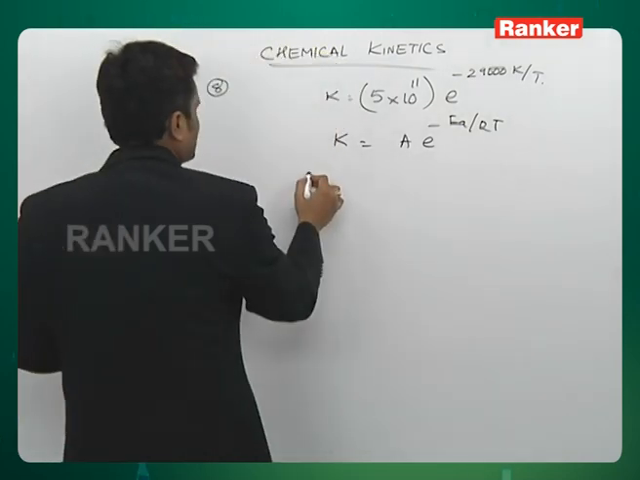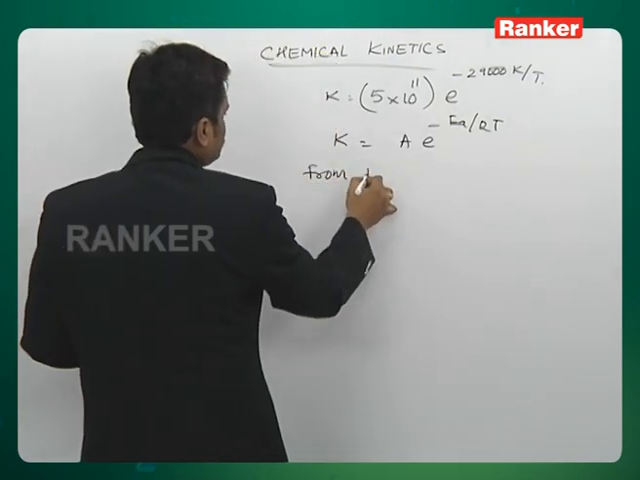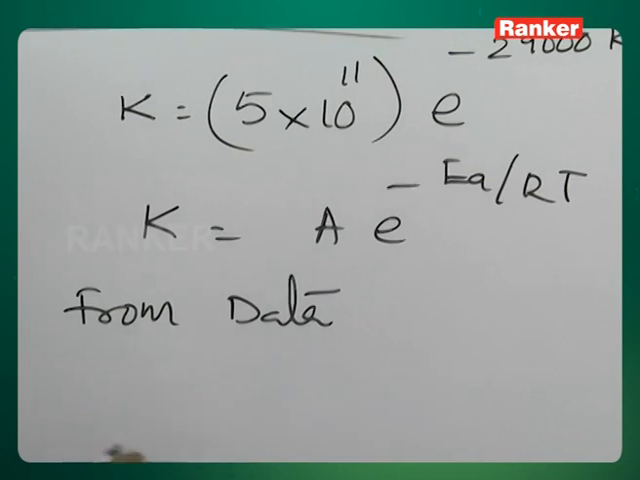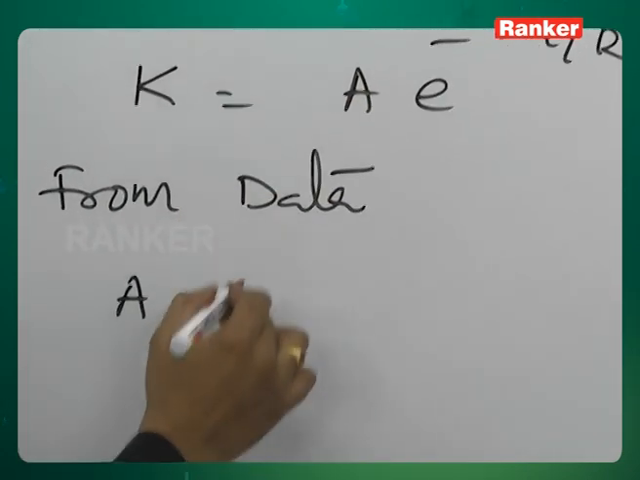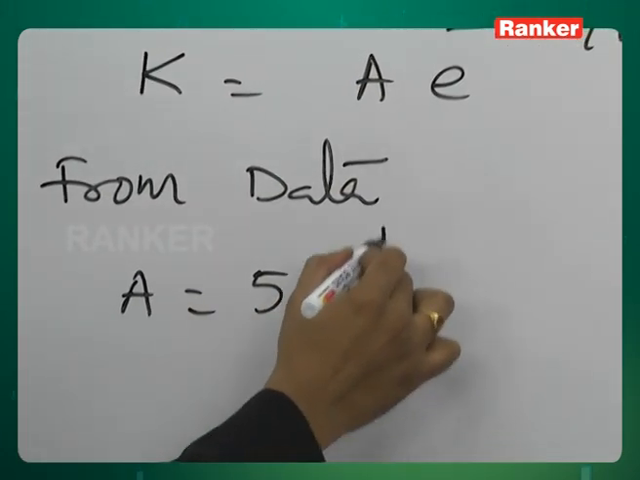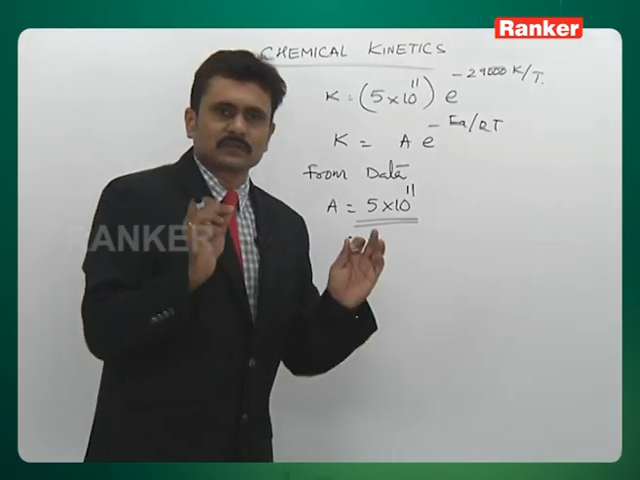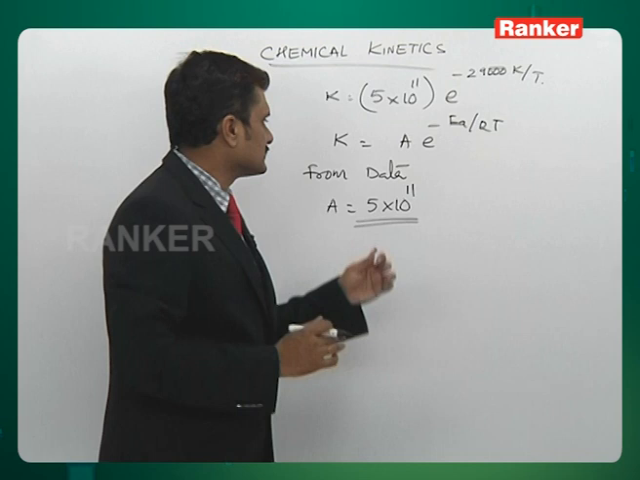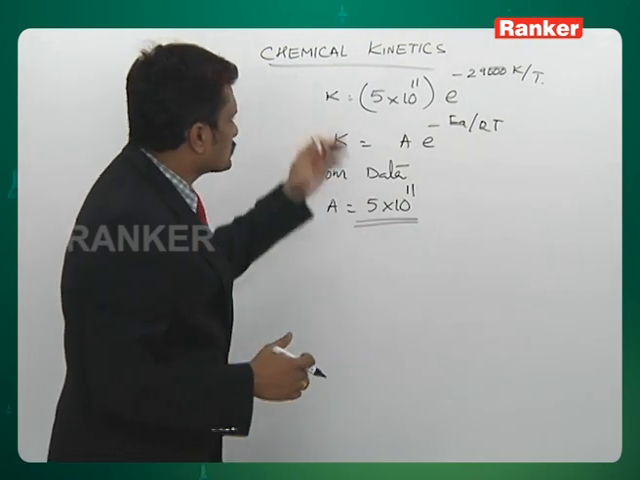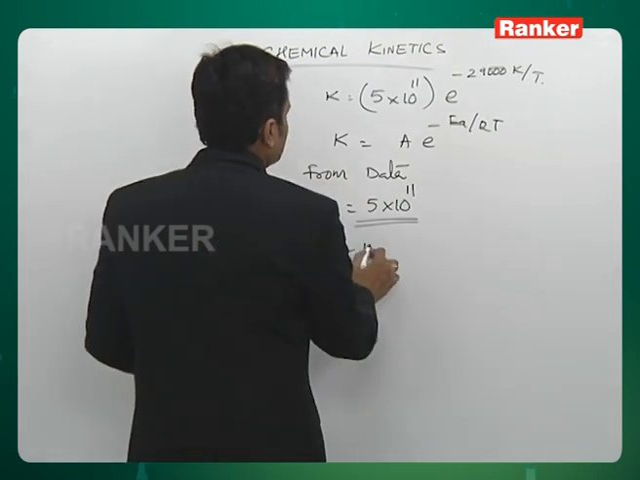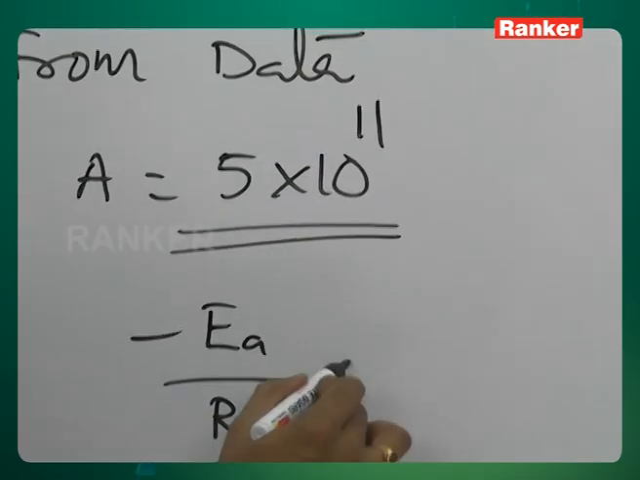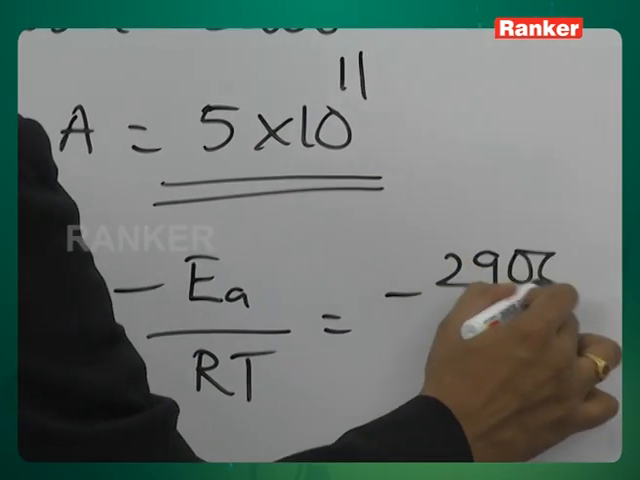You can see from the data it's clearly indicative that A is this many collisions taking place in 1 second per unit volume, which is nothing but the definition of this A. And when you map these two, you know that minus Ea by RT is equal to minus 29,000 K by